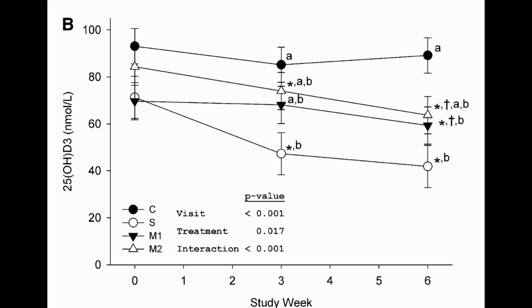If you take somebody that is actually replete in vitamin D and you supplement with ergocalciferol, what tends to happen is you get an increase in the 2,5-hydroxyvitamin D2 levels, but the 2,5-hydroxyvitamin D3 levels decrease, and therefore you don't get any real change in the overall levels of vitamin D,